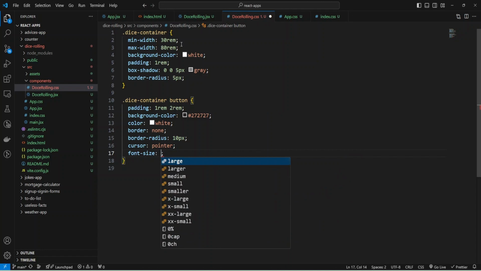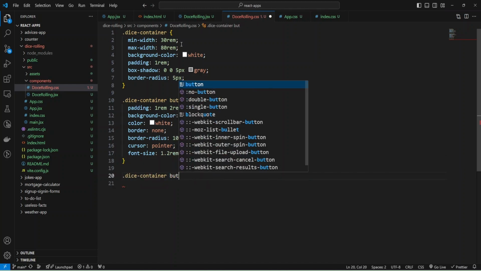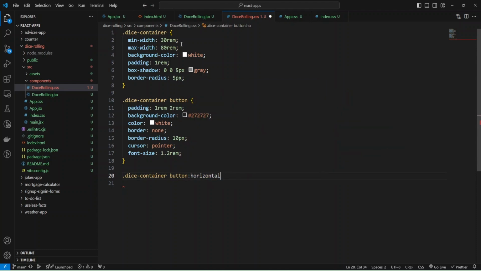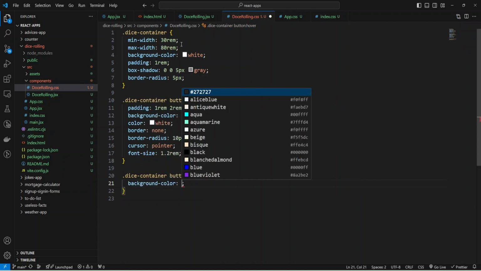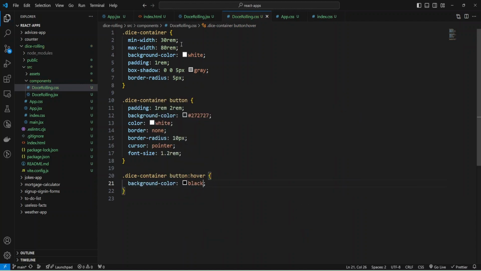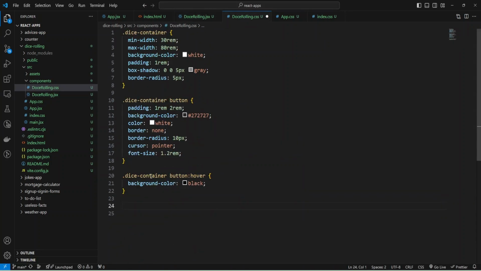Font size will be 1.2rem. Okay, and we can add the hover pseudo class to our button, button:hover, and change the background color to black.